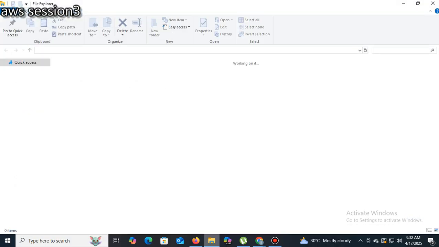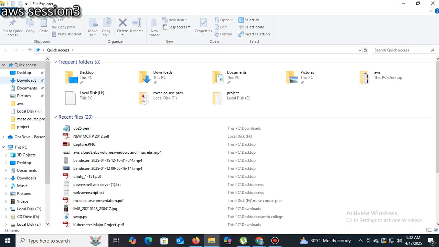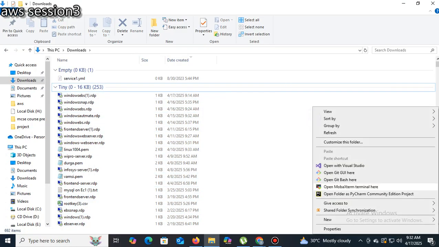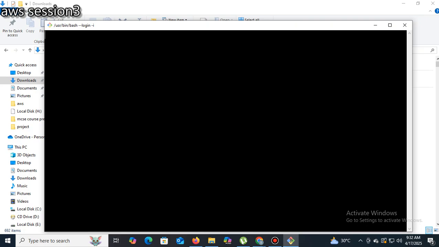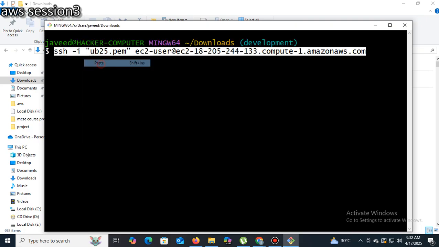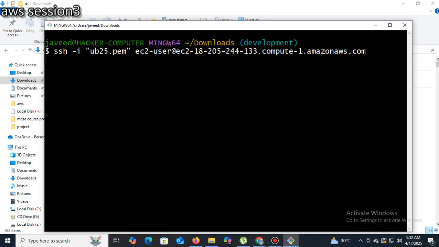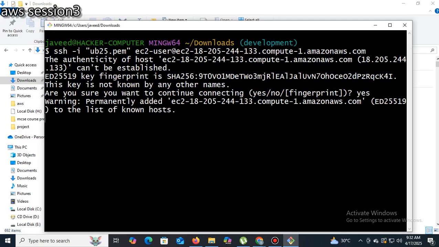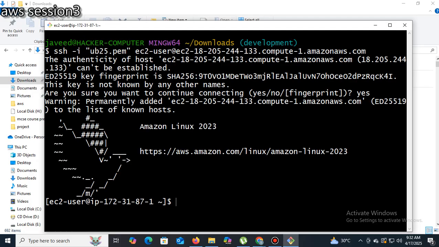Go to where the key pair is located, the key directory. Right click here, Git Bash, open. Paste here. Enter. Then press this. Now we have successfully connected to the instance.